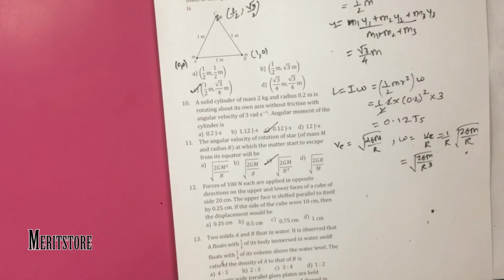Question 12. Forces of 100 Newton each are applied in opposite directions on the upper and lower faces of a cube of side 20 cm. The upper face is shifted parallel to itself by 0.25 cm. If the side of the cube were 10 cm, then the displacement would be. So when the side was 20 cm, the displacement was 0.25 cm. Now we know